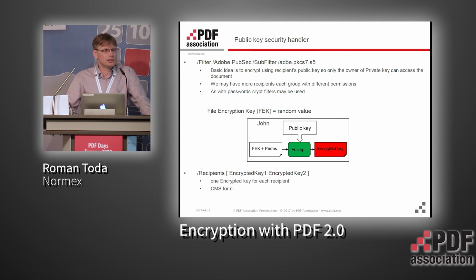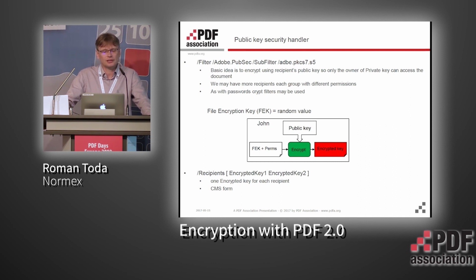There is another scheme in PDF that people don't use very often, and it's very powerful. And I think it's a pity that the adoption is not as good as with the password, because it provides you a lot better control over the access. It's called the public key security handler. So the filter in the encryption dictionary is again of the type Adobe.PubSec. A subfilter could be, for example,